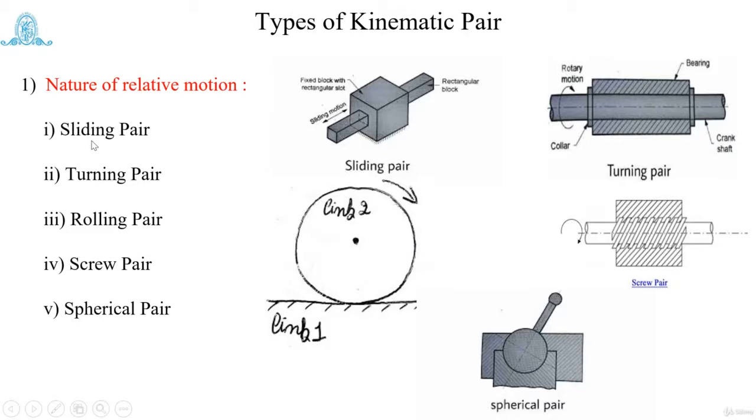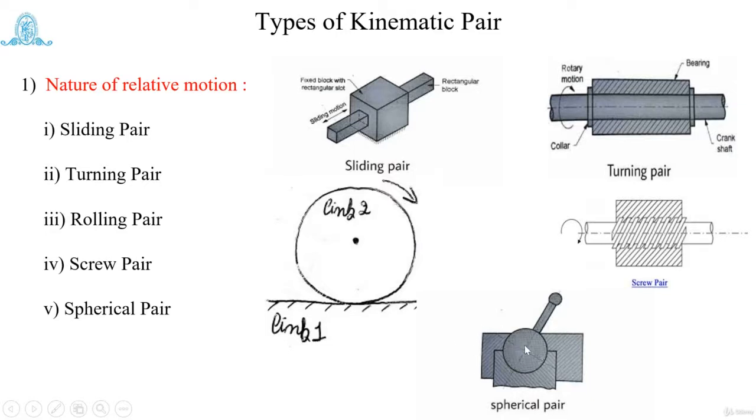Now what we have discussed up till now is how we classify pairs according to the nature of relative motion. In the sliding pair, sliding motion is present. In the turning pair, turning motion is present. In the rolling pair, rolling motion is present. In a screw pair, when you tighten the screw, it has a turning motion as well as sliding motion. So a combination of the first two, turning along with sliding, forms a screw pair. All screws are categorized under the screw pair, and the last one is the spherical pair. Whenever you come across a hollow sphere which is fixed, along with a solid sphere inside it,